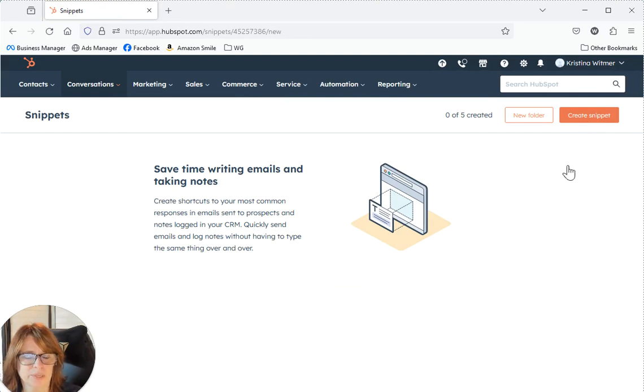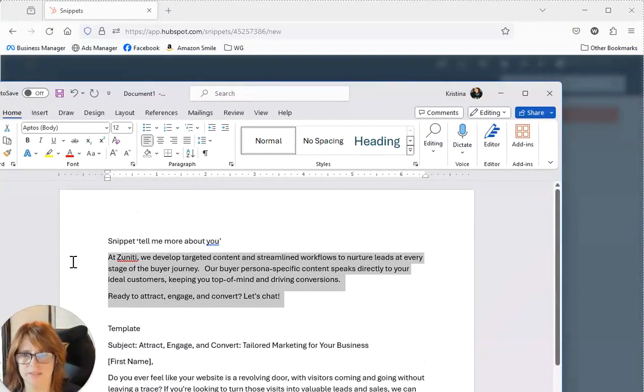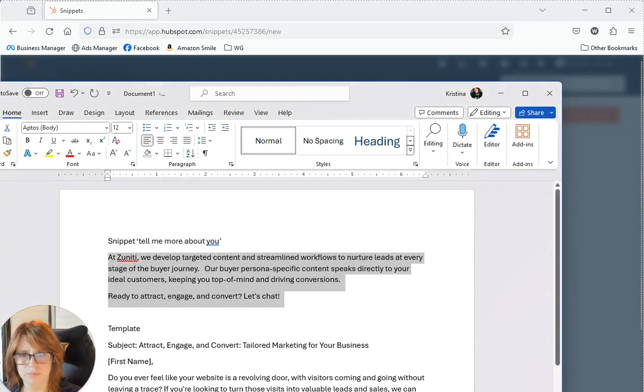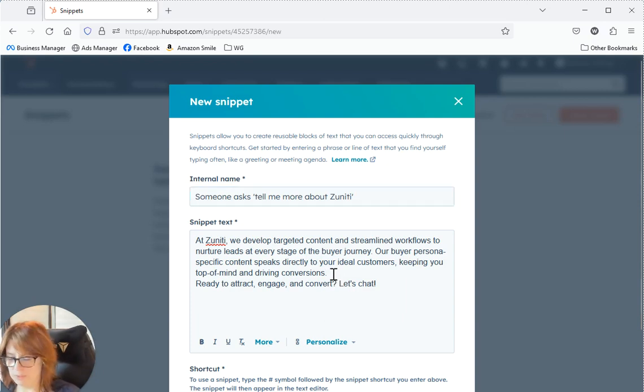And then the only other one, if you want to look at snippets, is to check here. We're going to create a quick snippet. So snippets are specific uses, right? So I'm going to grab this snippet here. I'm going to show you this is just a little bit different. Someone asks to quote, tell me more about Zoom meeting. And I know this is similar, but this is something, what happens with this is that